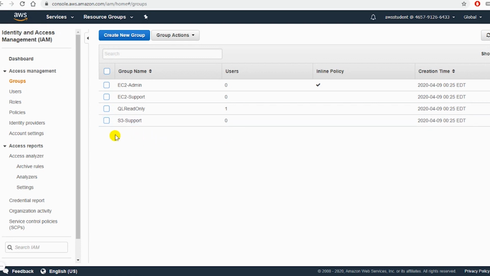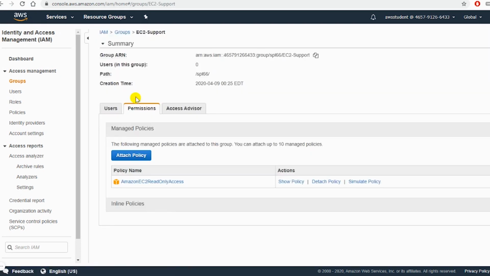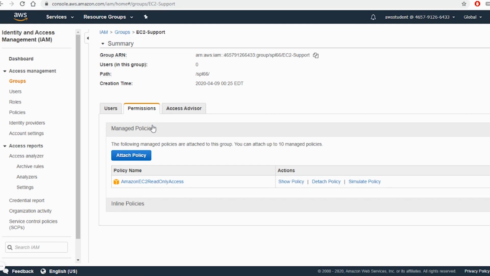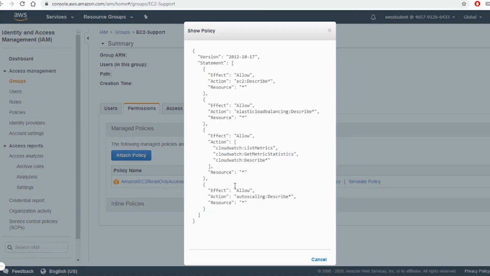Now I'll go to EC2 support group detail. If I go to the users tab, then I can see that this group doesn't contain any user at this moment. Under the permissions tab, there is a policy called Amazon EC2 read-only access policy. If I want to see the detail of this policy, then I will click show policy, and there are 4 different policies. A policy has 3 different components: